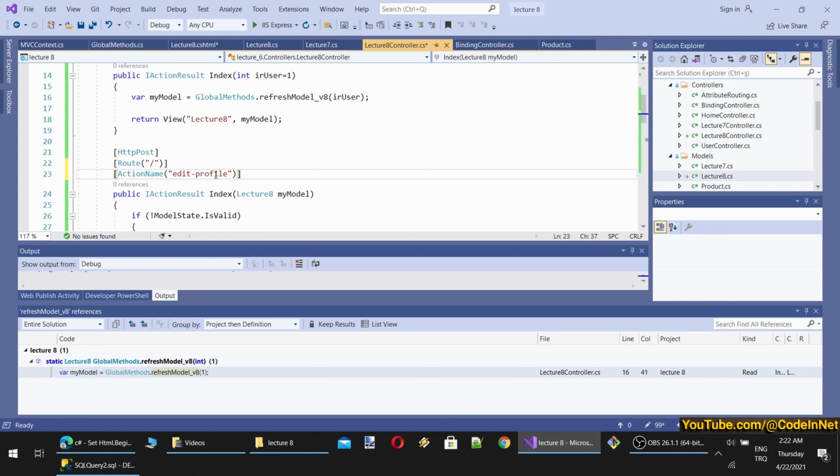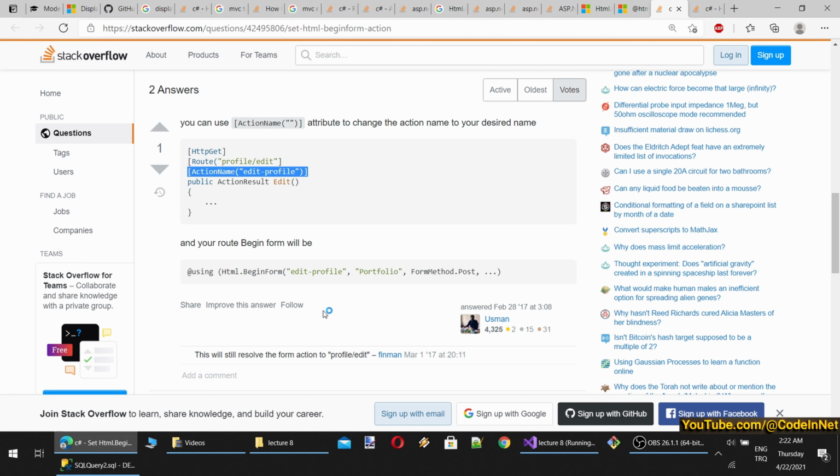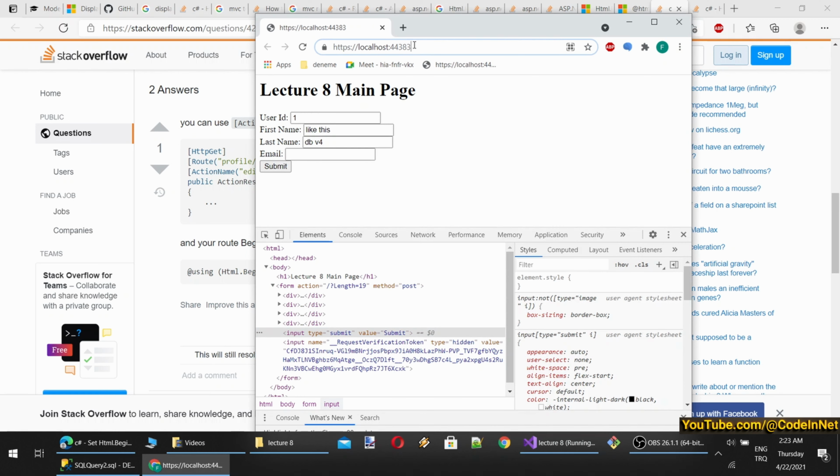Route, I'm going to set the action name as update model, or let's say update lecture 8 model, whatever I want. And in the action here, I will just provide a name. It will be the action name, simply like this. I think the rest will be handled by the ASP.NET engine. We can also set the form post method and such, but it will be by default. Let's see. Okay, let's try something like this.